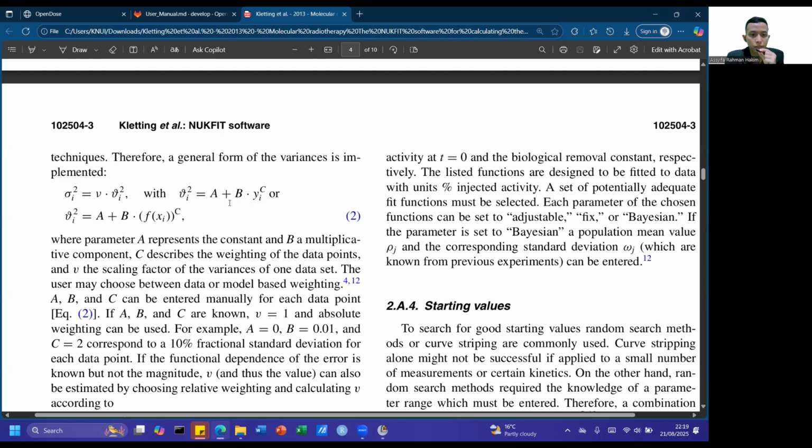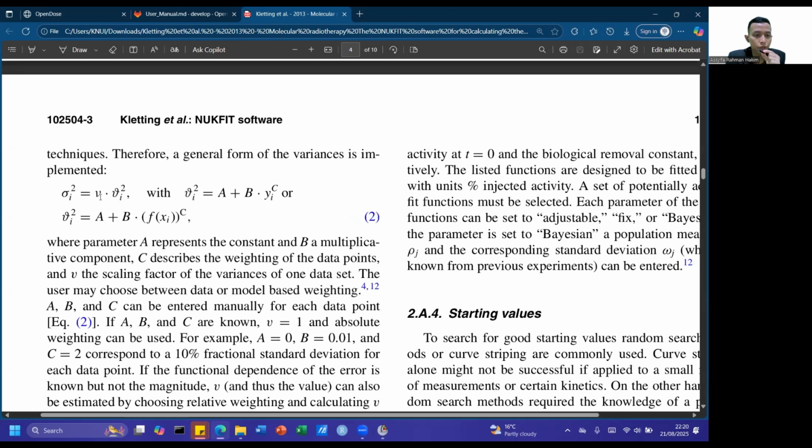So, for example, if you want a proportional error model with 10% fractional standard deviation, you can type A equals 0, B equals 0.01, meaning 10% fractional standard deviation, and C equals 2. For the scale value, you also have two settings.